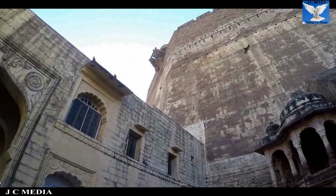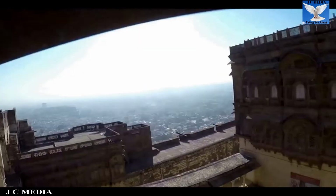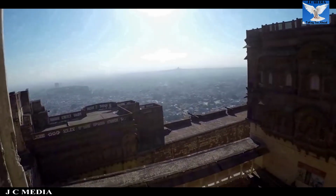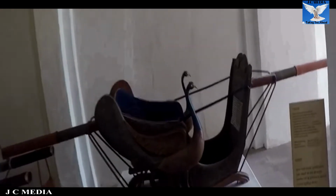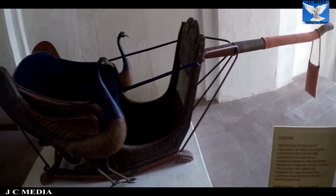Today we are going to tour the 5 important tourist attractions and know their history. These tourist attractions are located at Mehrangarh Fort in the beautiful city of Jodhpur in Rajasthan. The tourist attractions which we are today going to see are